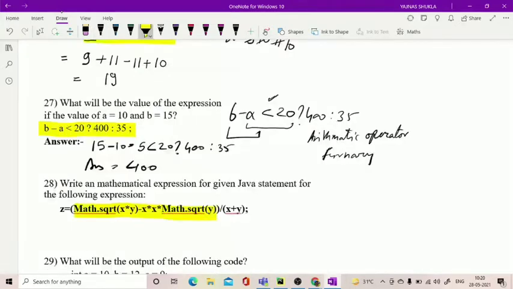Now we have to write the mathematical expression for the given Java statement. We can see this highlighted thing I have written in the bracket. So the mathematical expression will be Z equal to square root of X and Y minus X square into square root of Y upon